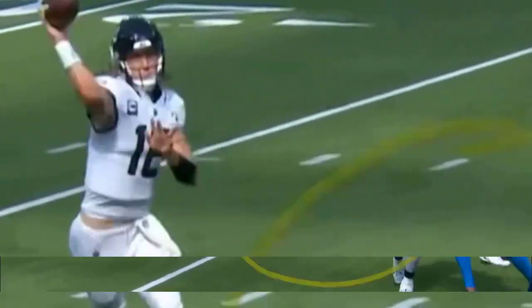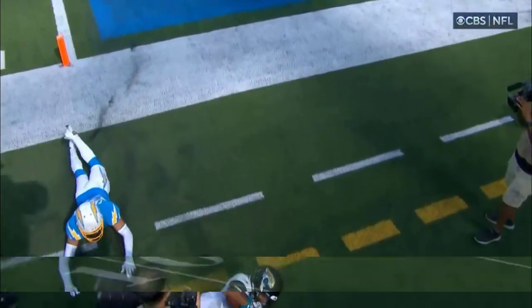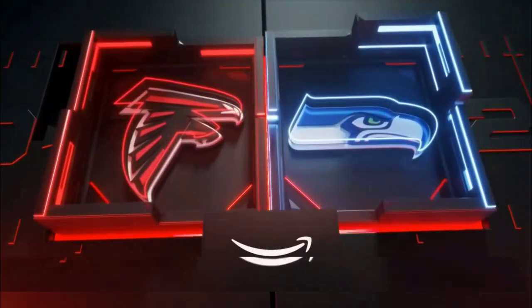Well, and what they've done on this drive, they've done a really nice job with their wide receivers in creating stacks. And look at what they do. They got Zay Jones and Christian Kirk. They put them in a stack, and because of the way they release in their routes, it doesn't allow the